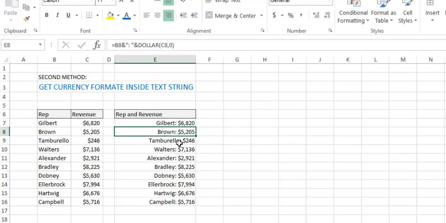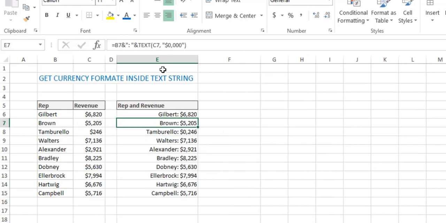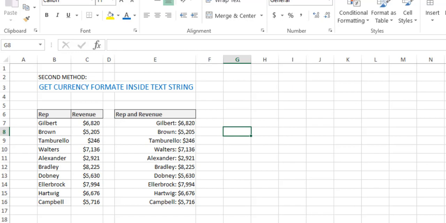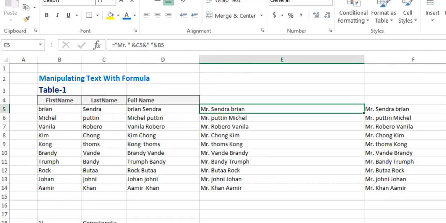Same result has been achieved with the help of this $ sign, and in the next sheet as we have done this with text C7 comma this. So I hope guys you would like this video and it would be helpful for you, as we have done this